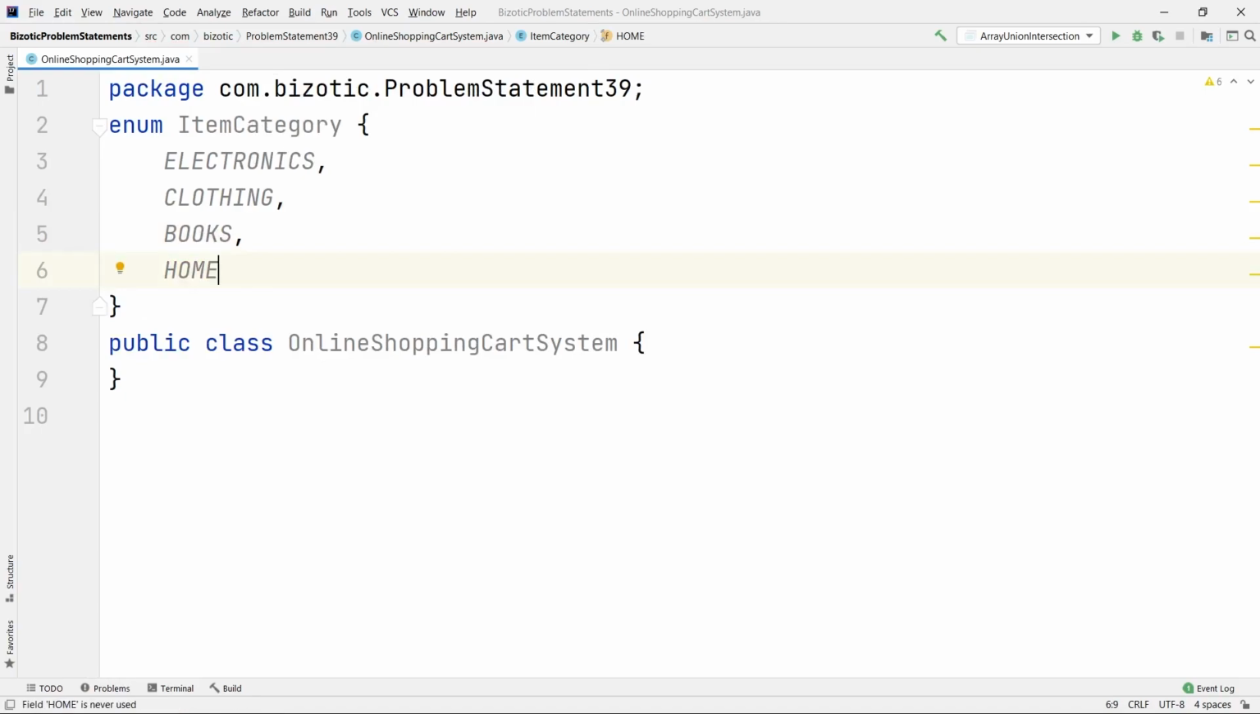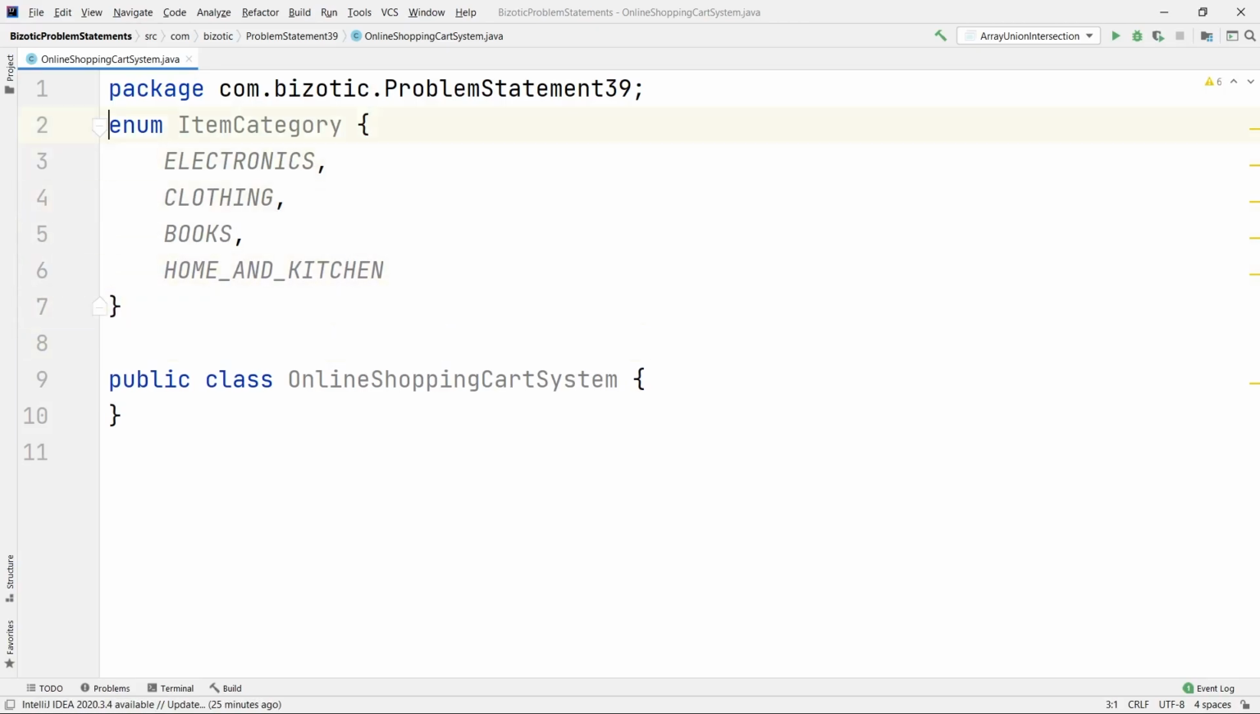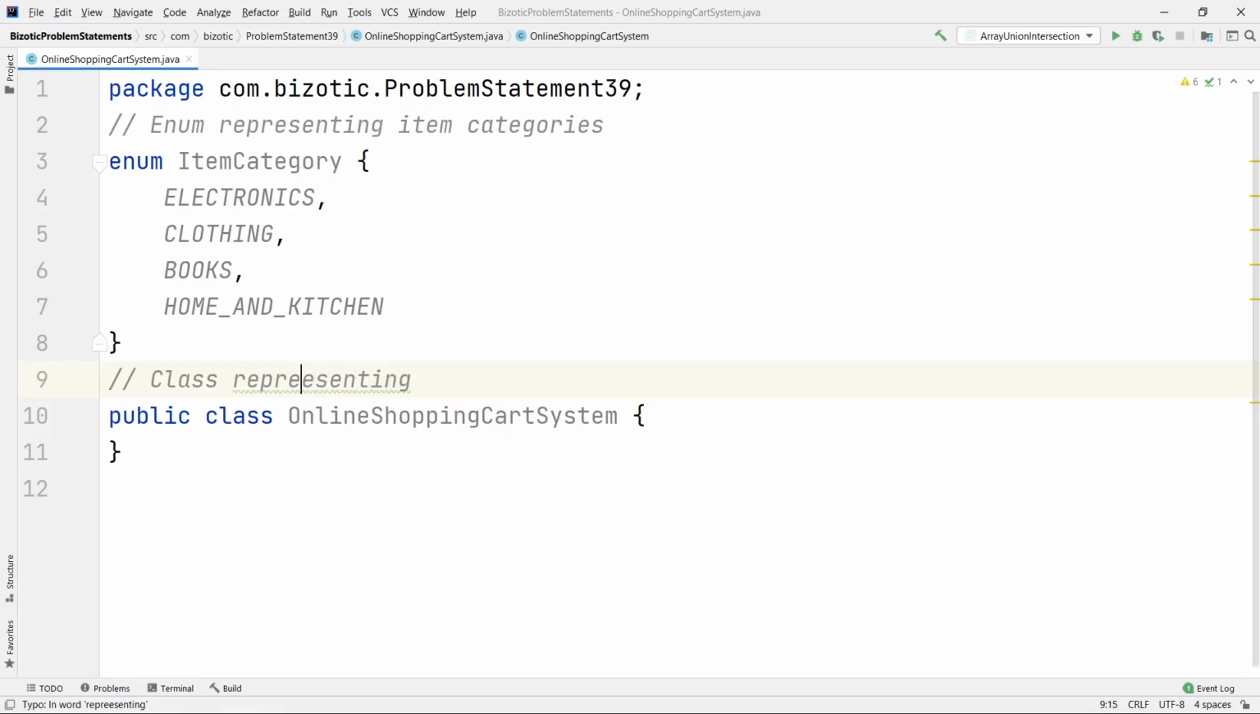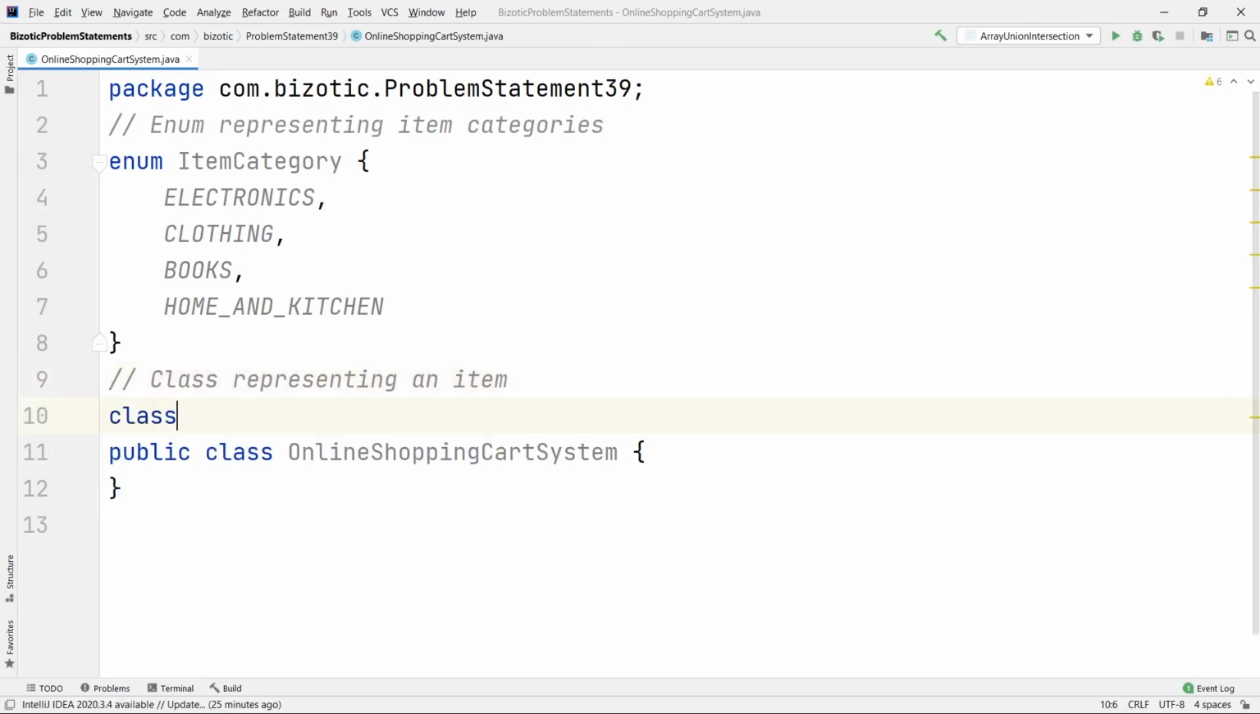Guys, whenever you have more than one word, use an underscore. Okay, and that's it. We are done with the enums. So here, as they have mentioned, let us write the comments. Enum representing item categories. Okay, done with the first one. Now we need the class representing an item. Okay, so I'll just say class Item,